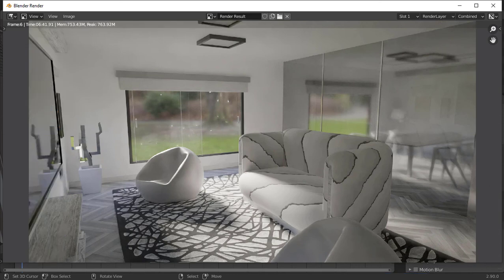Rendering was done. You can see this denoiser also works with a small number of samples. But sometimes the OptiX denoiser needs more samples to denoise the scene.